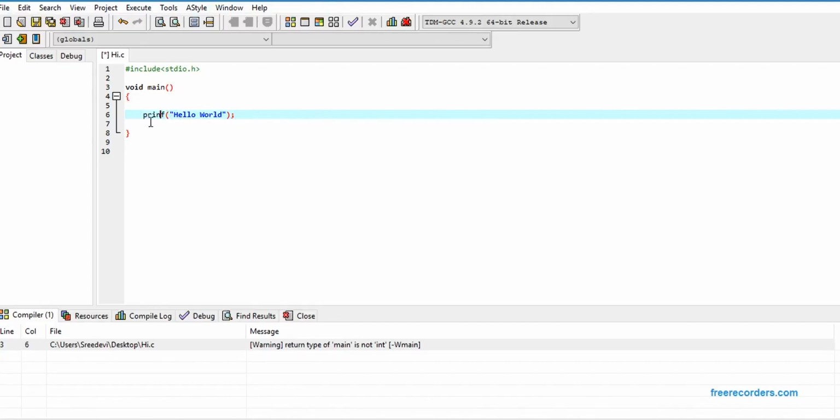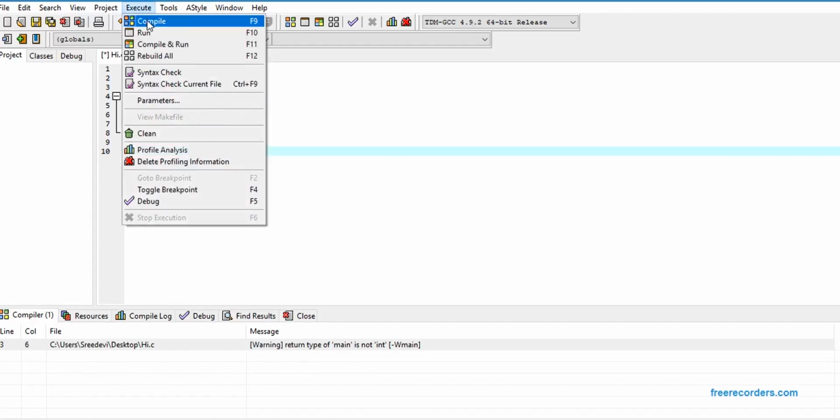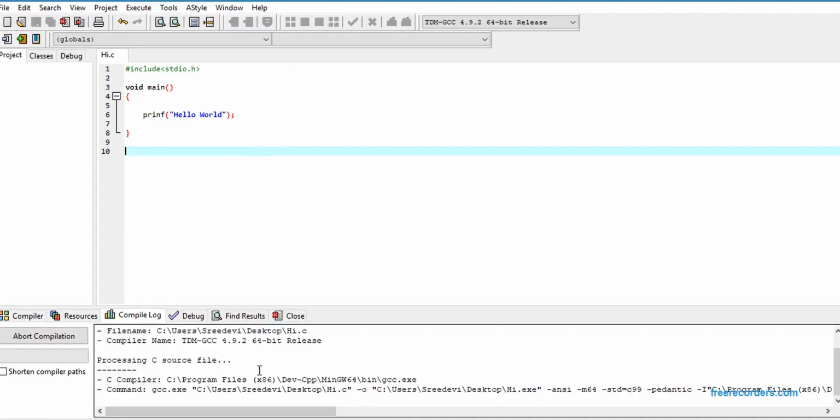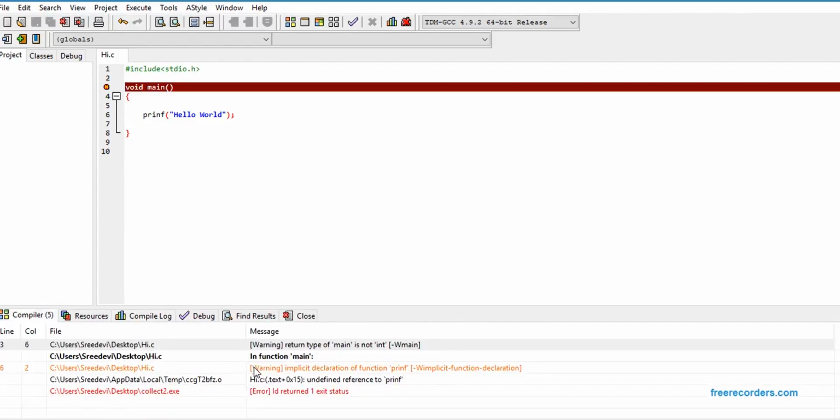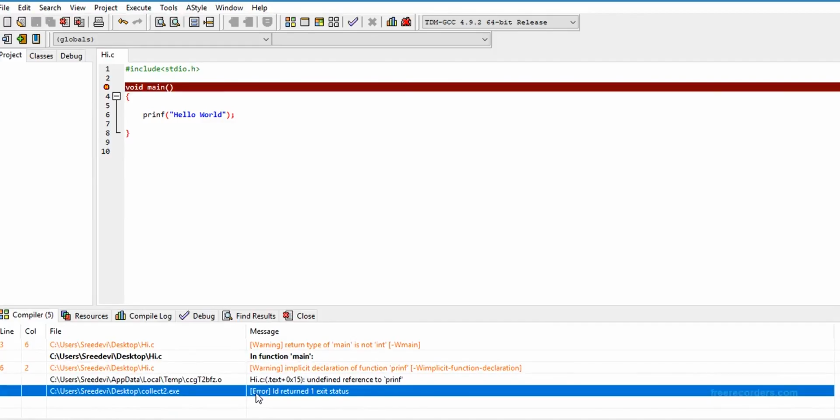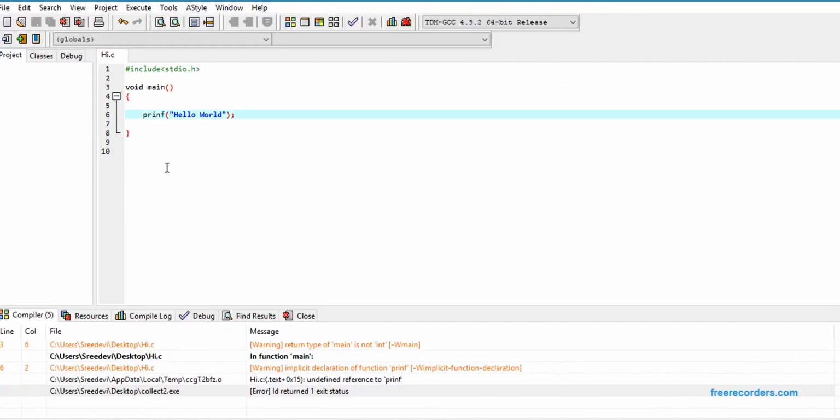Actually the original function is printf, but I just deleted the t to show what an error is. I'm just clicking compile. Now here you can see it's written error. This is what you have to correct, otherwise the program won't work. The warning can be ignored, but the error can't. So type the printf,